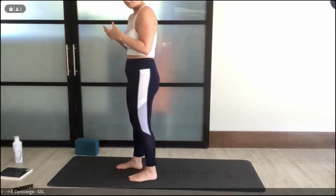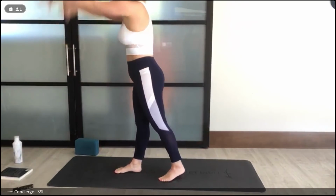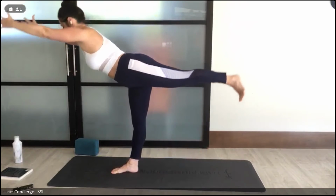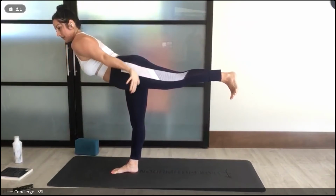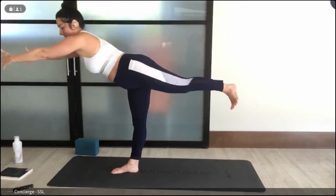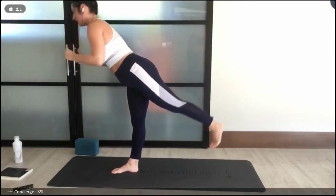So traditionally, just as part of the story, arms face forward, and I think this is the hardest variation. I don't teach this a lot in class. Actually, most of the time when I teach it, arms are back. You guys are so impressive. Okay, arms are forward. So this is